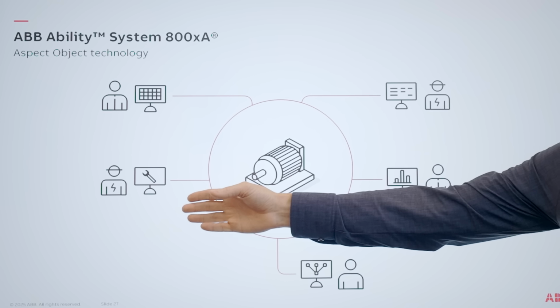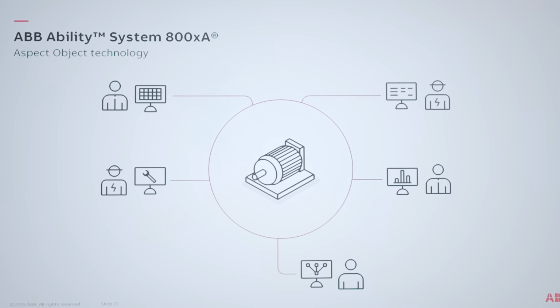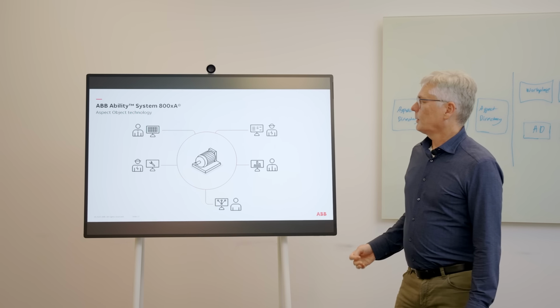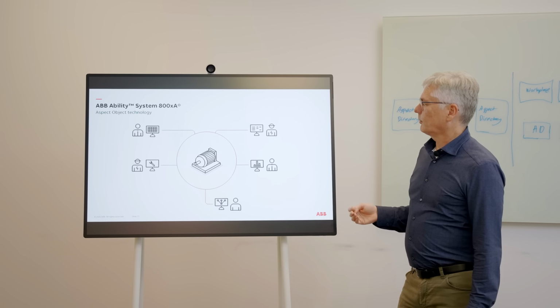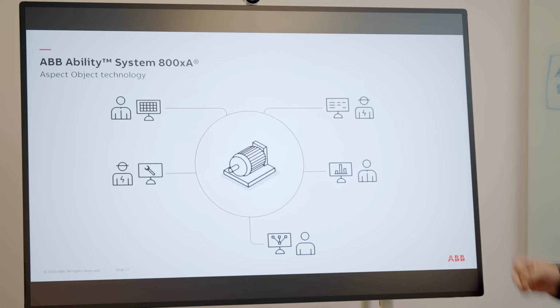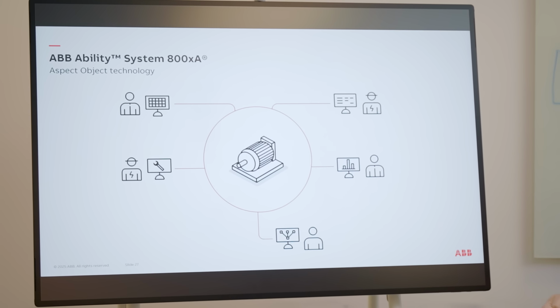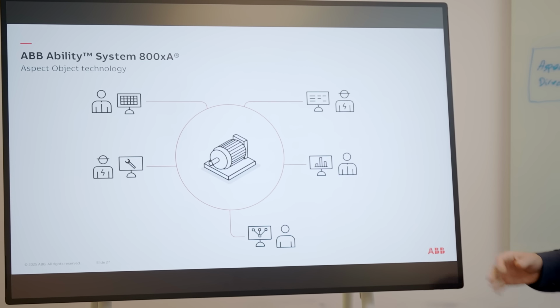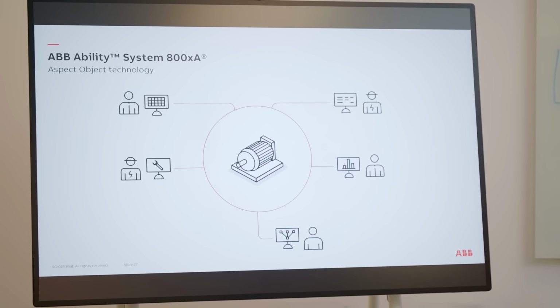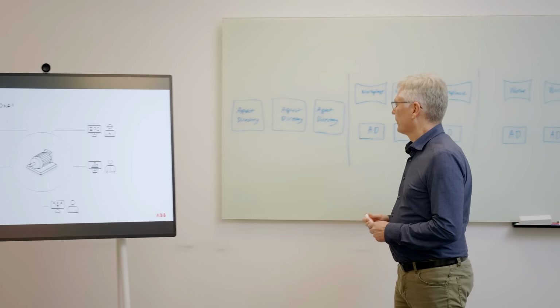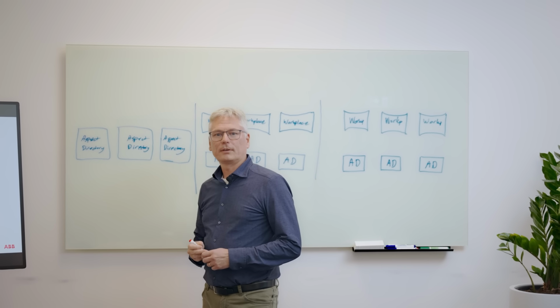For example, the maintenance information like drawings for that specific device. We could have management information. Maybe they are interested in learning the performance of the motor. So if you would like to know more about this technology, you can go and read the patent. And with that, let's have a look at the Aspect Directory service storing this information. And I will walk you through 3 different scenarios.